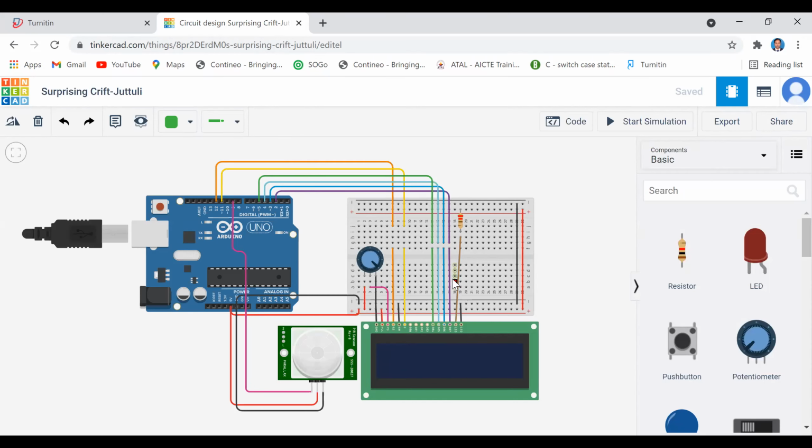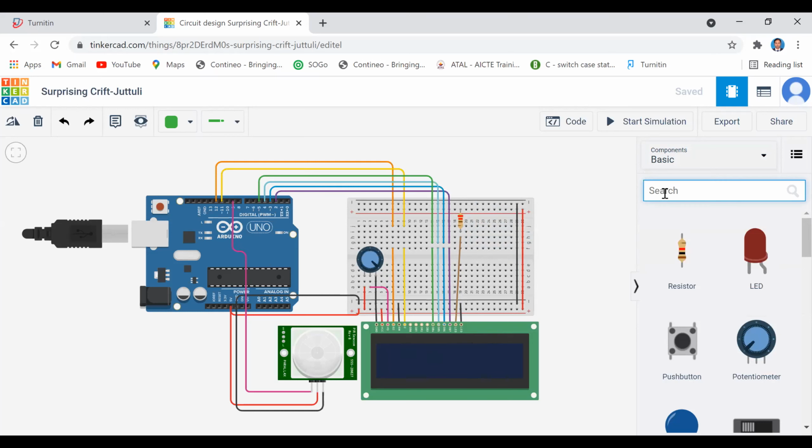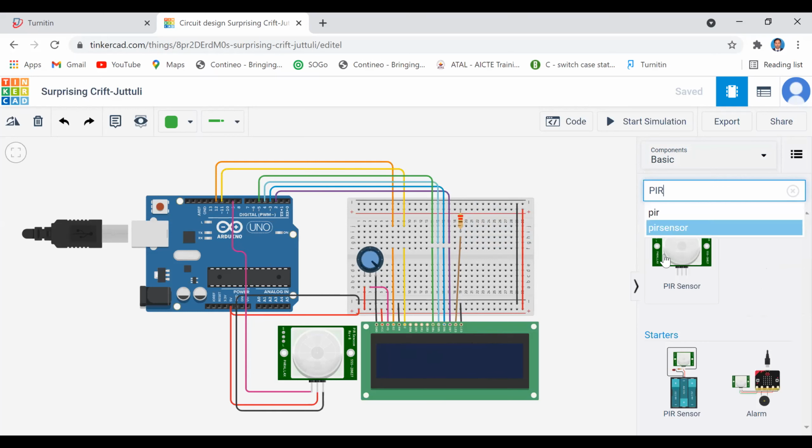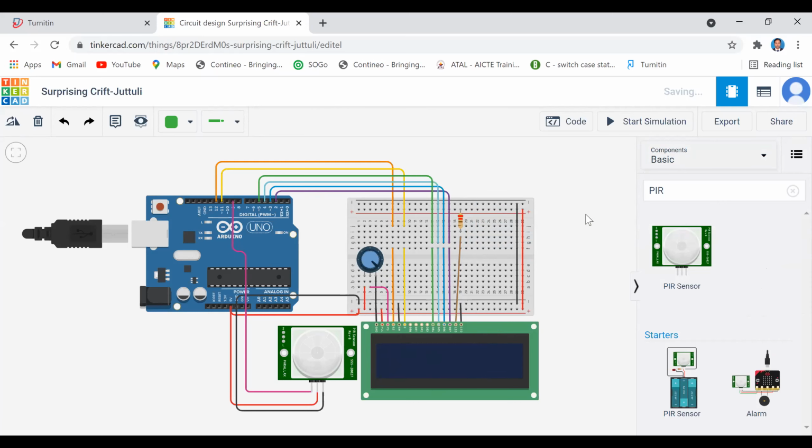You can take the LCD interfacing with Arduino board in the components, and additionally you can interface the PIR sensor. Go to basics, type PIR, and you can see the PIR sensor. It has 3 terminals: one is signal, another is power, and the third is ground. Accordingly, you can connect your PIR sensor to the Arduino board.